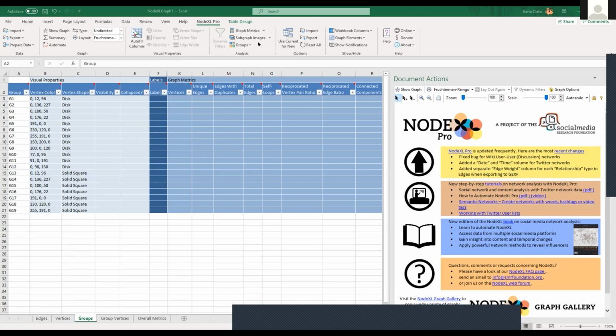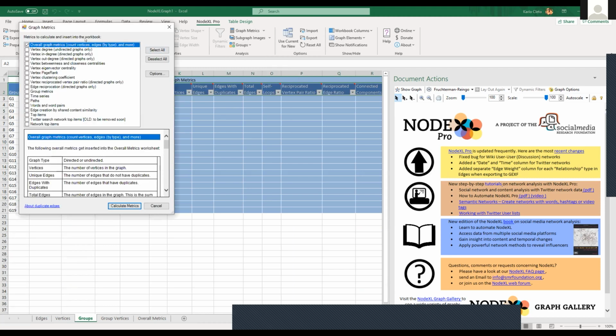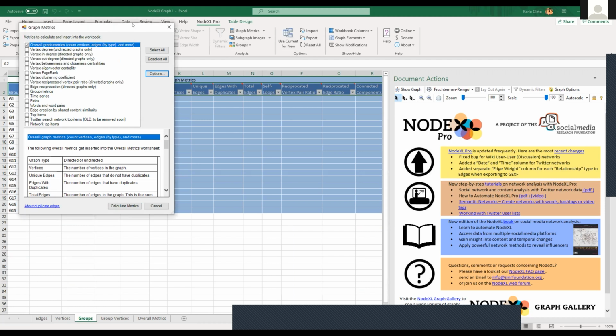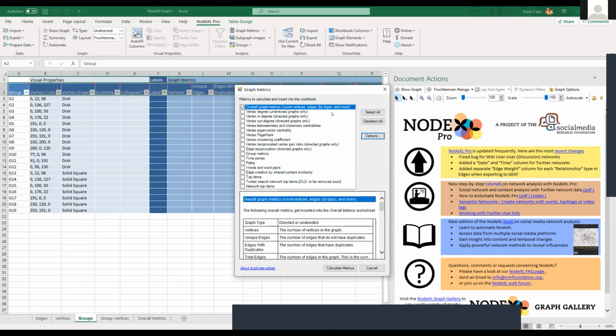And then the next thing that you want to do is to go into graph metrics. Here's where we start calculating some of the statistics, and then I'll explain them naman. Maybe I'll do it one at a time so I can explain it now. So sige, let's start with itong overall graph metrics. So let's just make sure it's checked and then click calculate metrics.